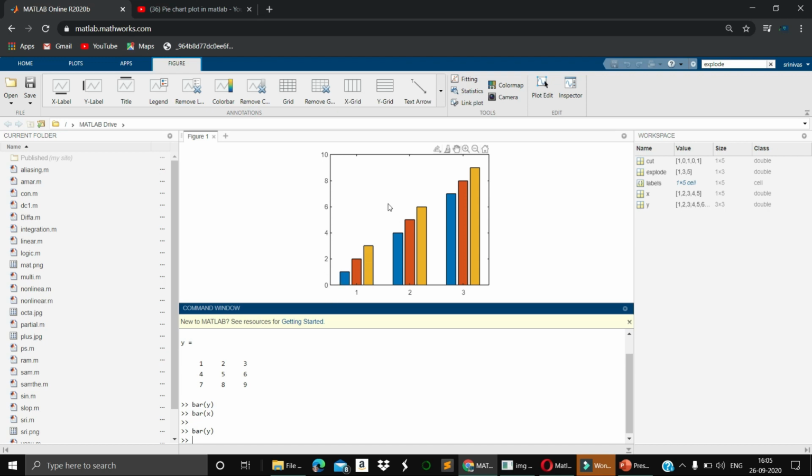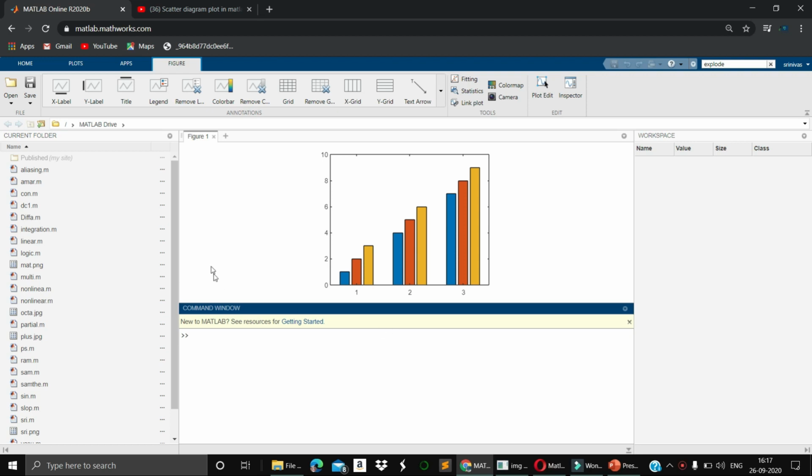These all belong to one category. These all belong to one category. These all belong to one category. Why is it in increasing mode? I'm giving the values 1, 2, 3, 4, 5, 6, 7, 8, 9, so it is in an increasing manner. You can design anywhere. And you can also include the title, X label, and Y label for this one. So this is how it goes for this session.